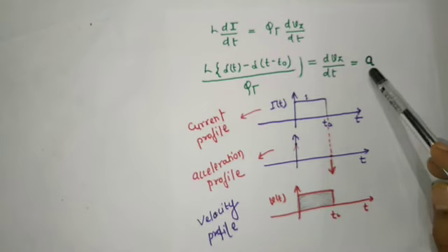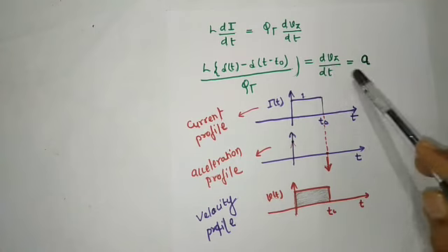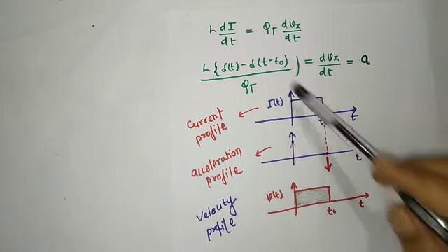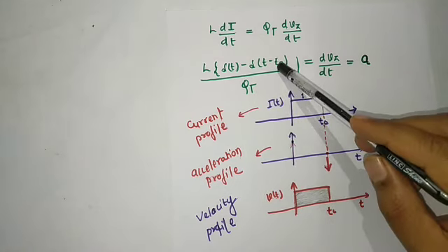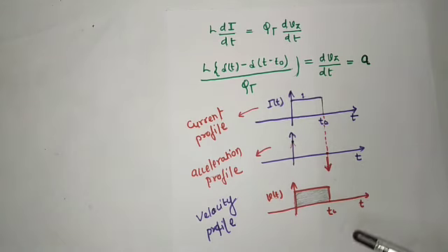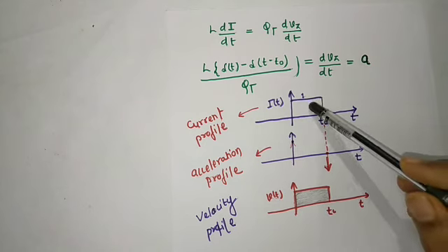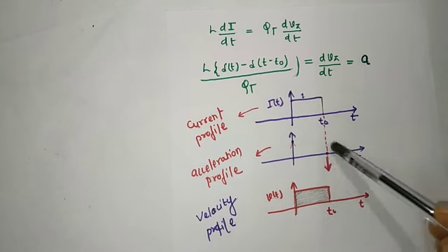In the acceleration you can see that the acceleration profile is entirely different from the current profile. Okay, let's draw this profile. There is a delta function at t equal to 0. There is a delta function at t equal to t naught with a minus sign, which means it is in the downward direction. And in the last two examples you saw the profile of current and the profile of drift velocity are similar. So what is the meaning of this?